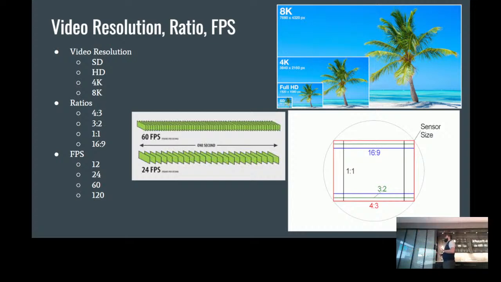Lastly, frames per second, FPS. If you think about it, all video is just pictures stacked on top of each other that show an object in motion. So 12 frames a second is the standard. Most news recordings are in 12 frames a second. Most movies that you see are in 24 frames a second, unless there's an extreme slow motion scene or some other extreme scene that you might see in a Vin Diesel movie or a Michael Bay film,